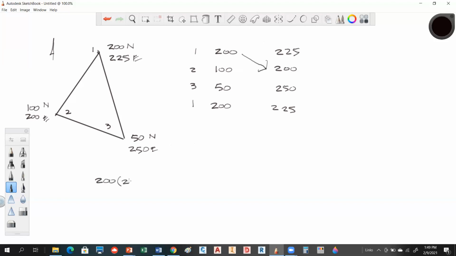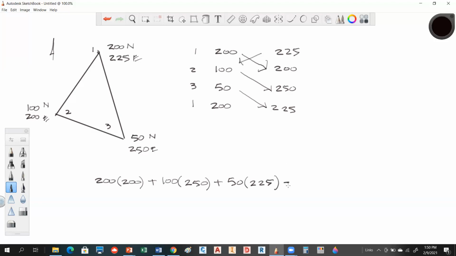200 times 200 plus 100 times 250 plus 50, 225, and then you go backwards,